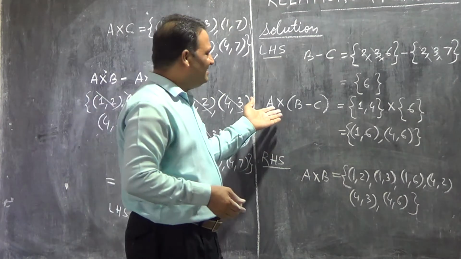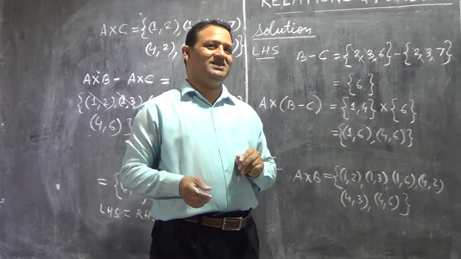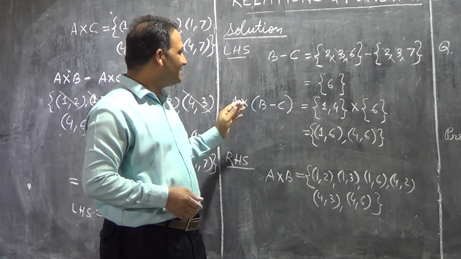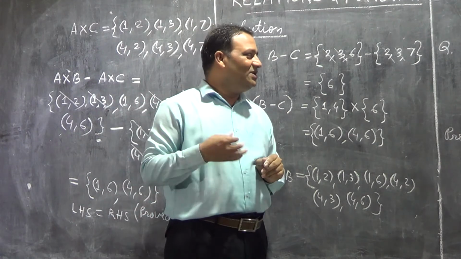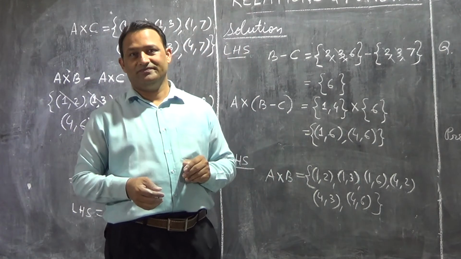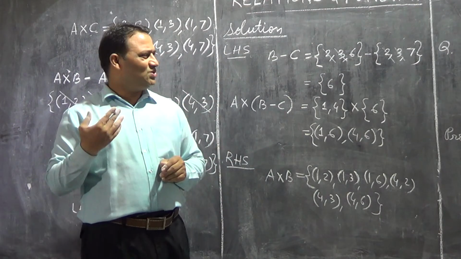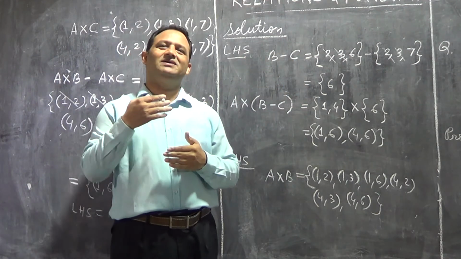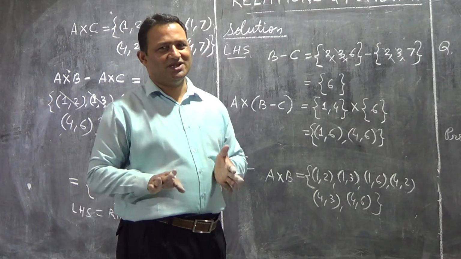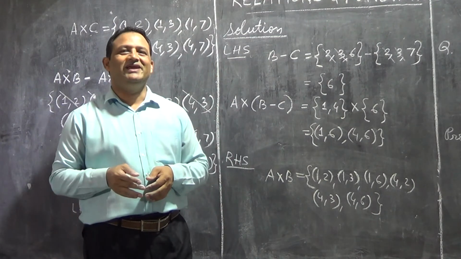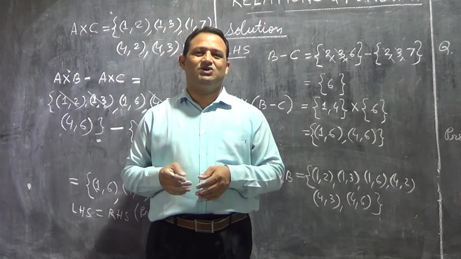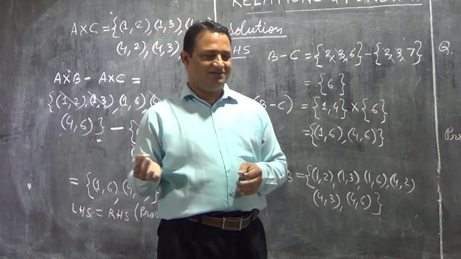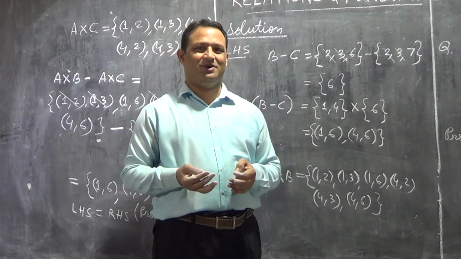That is, it is some application of set theory. You see, this is the subtraction operation. Somewhere you may get union and intersection operations also. What you need to understand is that you need to be able to find the Cartesian product of two sets well, and the rest is application of the set concept. Whichever textbook you are following, the problems will not be high order thinking skill problems.